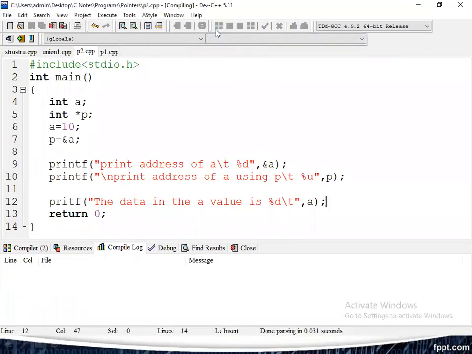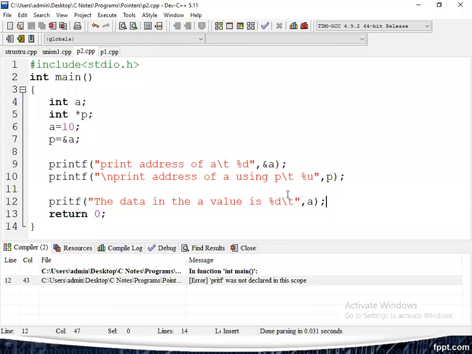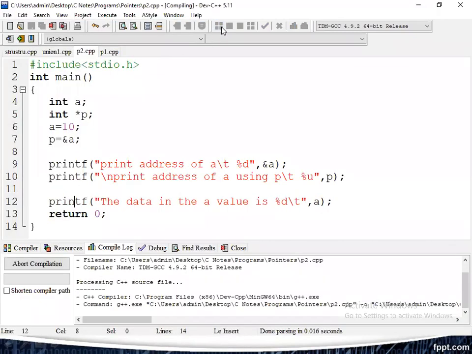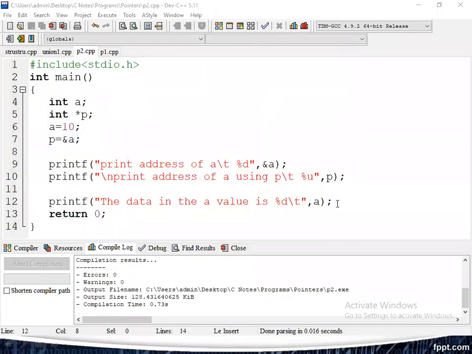That is the common way. So the value is 10.